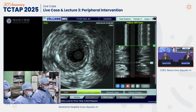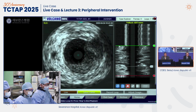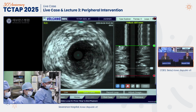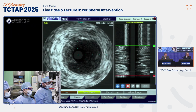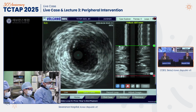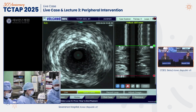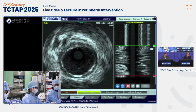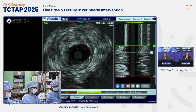I think it shows two things. One is you're always going to get dissections, right? And you're also going to have some hematoma formation. But critically, with atherectomy, without really being super aggressive, the Japanese taught this to us back in the day of directional atherectomy in the coronaries. The plaque volume is immense in these arteries, and so you're never going to get to the Glagov remodeled stage